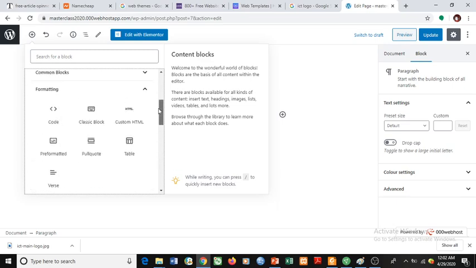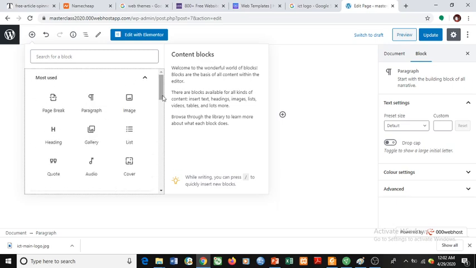So a whole lot of things you can do here. It all boils down to what you want to put on your website. So what do we want to put on our website? Let's say, for instance,